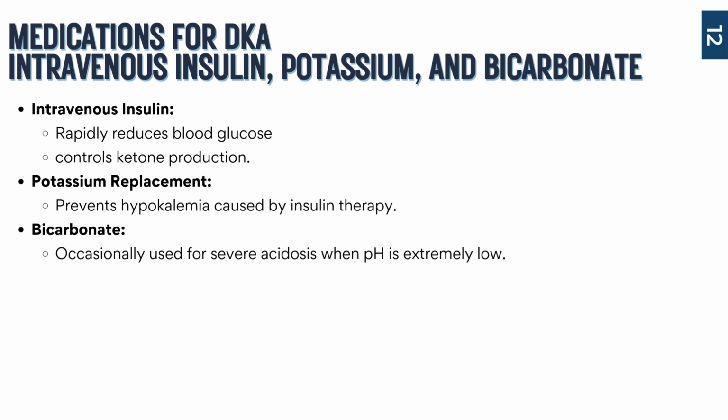So bicarb is also used in DKA to treat patients. Okay. But it's not always given. Okay. And that's a change more recently. It used to be given all the time, but it's very specific cases. So if the patient's blood pH is extremely low, like typically below 7.0, bicarb might be administered to help raise the pH and temporarily relieve severe acidosis. However, routine bicarb use in DKA is not recommended because it can have side effects like causing shifts in potassium and worsening acidosis in the long term.